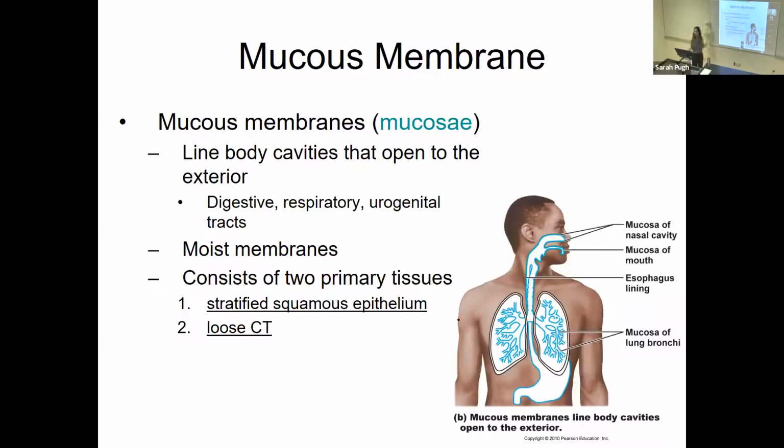Another kind of membrane are our mucous membranes. Another term for that are mucosa. Now here's another example of where if it ends in A, to make it plural, we add the E on the end. Right? That makes it plural. And your mucous membranes are going to line your cavities that are open to the outside. So again, I mentioned the digestive, the respiratory cavity, the urogenital tracts. These are moist membranes, so they're usually wet. And the 2 tissues that we find are